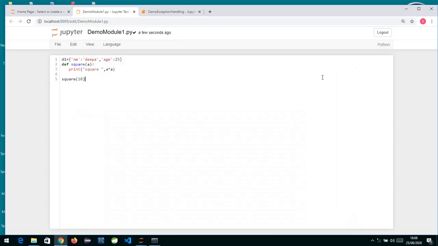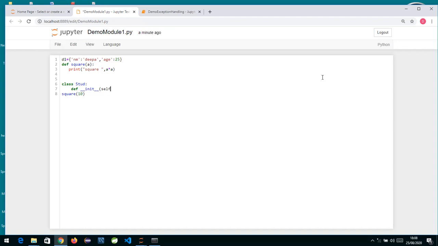So till then it gets open. I'll write a class also over here. Suppose I write class, and suppose I write over here stud or something, and I define a method over here, def __init__. So you can have, see, a module is nothing but a py file. Inside this you can have functions, you can have classes.